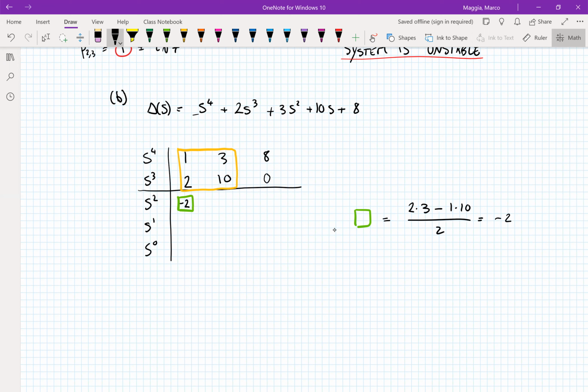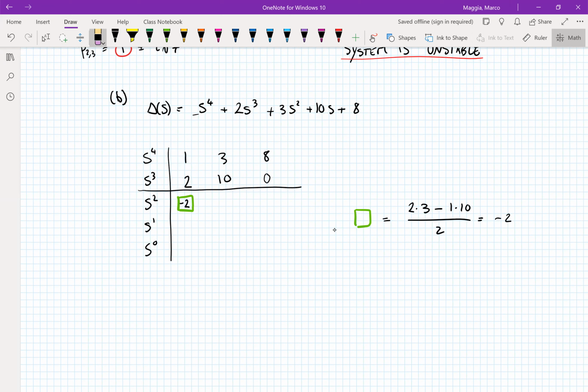All right, so you see already here that we have a minus 2 as a coefficient in the Routh array. So if the question had been, is the system stable? Well, you already know that the system is not stable because there's already a sign change in the Routh array. However, if I'm asking you to tell me how many poles are on the right-hand side of the complex plane, well, then you have to compute all the coefficients of the Routh array. And here for exercise, we'll just do that.